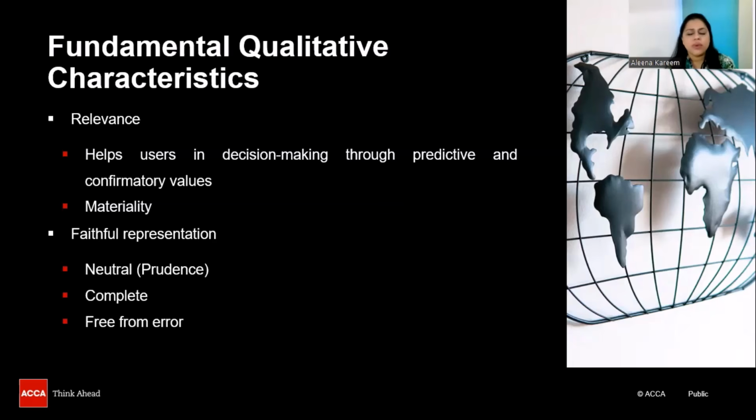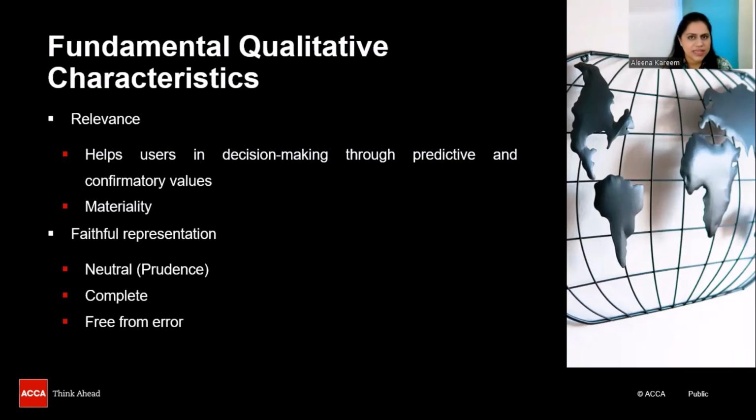it is that whenever we apply the prudence concept, so prudence is very commonly discussed in IAS 2. So IAS 2 says that you have to be prudent, which means that your assets should not be overstated and your liabilities should not be understated. So if the NRV of an item, the net realizable value of an item of inventory, becomes lesser than the cost, you need to recognize the loss immediately. However, if you are foreseeing a profit, you're going to wait till the time you earn that profit and then